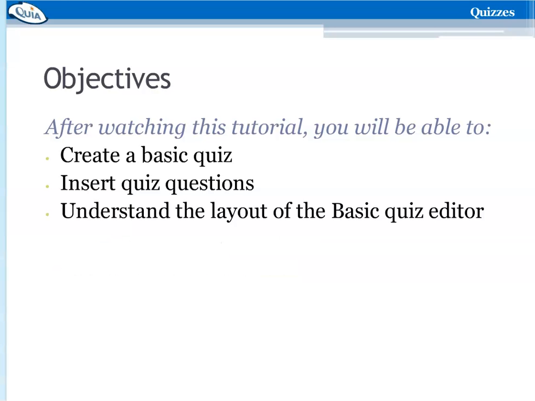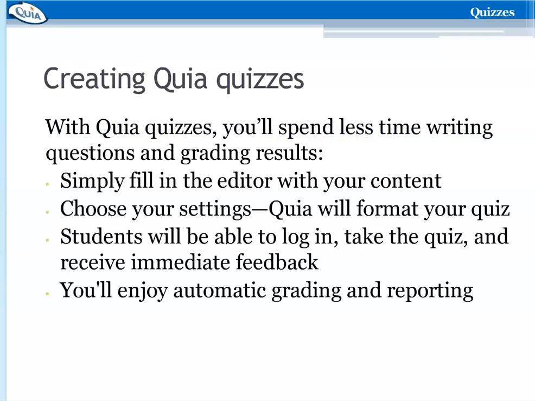After watching this tutorial, you'll be able to create a basic quiz, insert quiz questions, and understand the layout of the Basic Quiz Editor. Quia quizzes offer you a powerful tool for testing your students' knowledge. At the same time, the common sense design of the quiz editor means you'll spend less time writing questions and